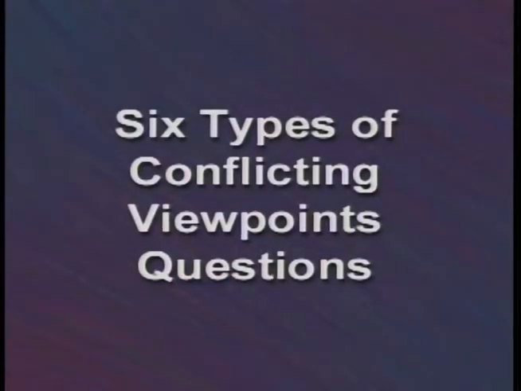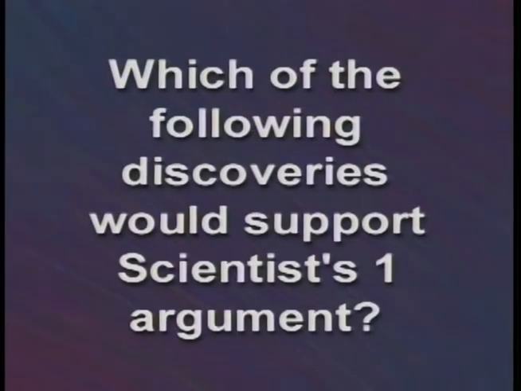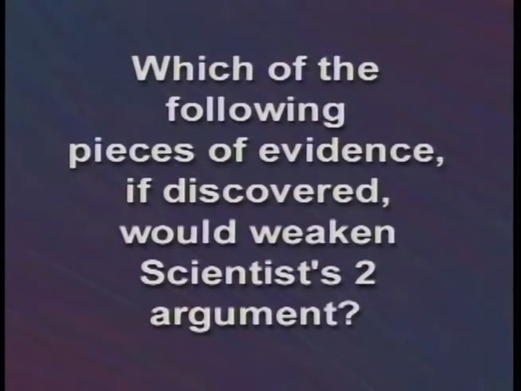There are 6 types of questions. First, you will be asked to determine if a particular conclusion supports scientist 1 or scientist 2. Second, you will be asked to evaluate whether new evidence supports scientist 1 or scientist 2. For instance, which of the following discoveries would support scientist 1's argument? Third, you will be asked to evaluate whether new evidence would weaken the argument of scientist 1 or scientist 2. For example, a sample question might be, which of the following pieces of evidence, if discovered, would weaken scientist 2's